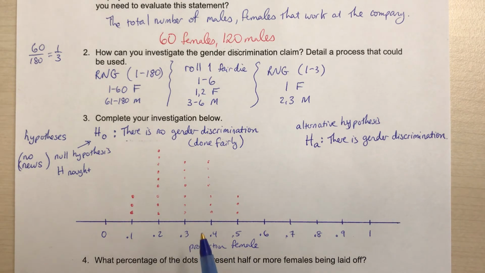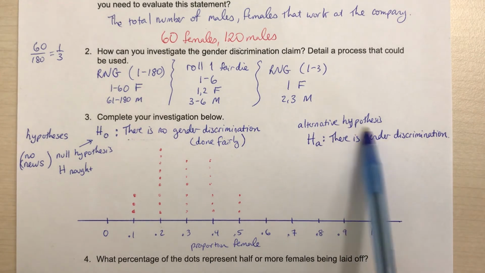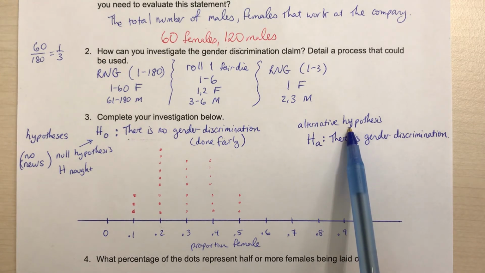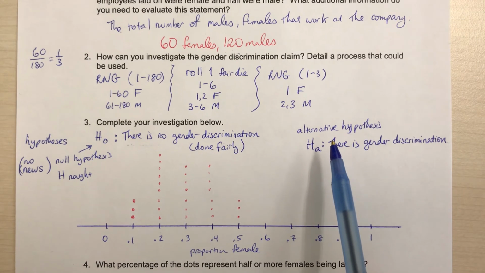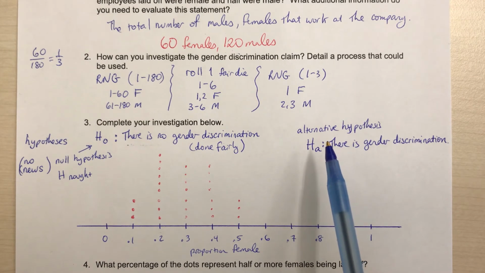Assuming that this is done fairly, that by chance it just happened to be this way, the question is, how often is that going to happen? How likely is that? If it is highly unlikely, then that's going to support the alternative hypothesis. If it is fairly common to get 5 out of 10 in our simulation, then we're going to say, you